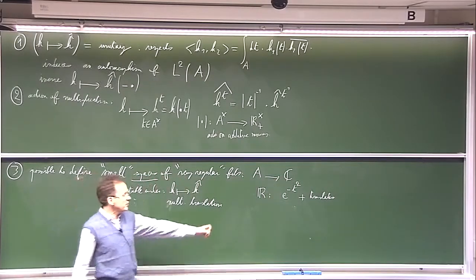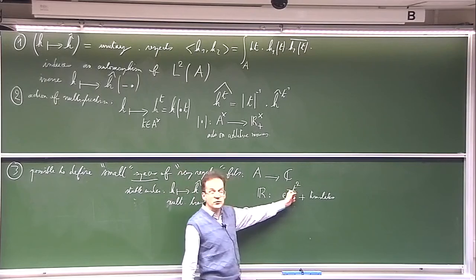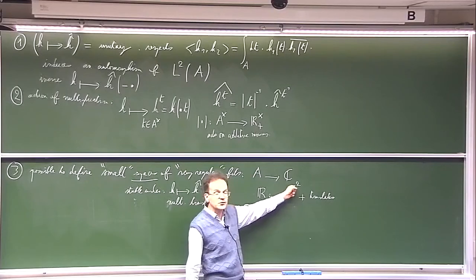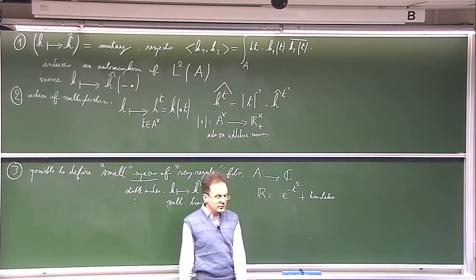So this means that here you just modify the coefficient. Instead of minus t squared, you have minus some positive coefficient times t squared. So this is in